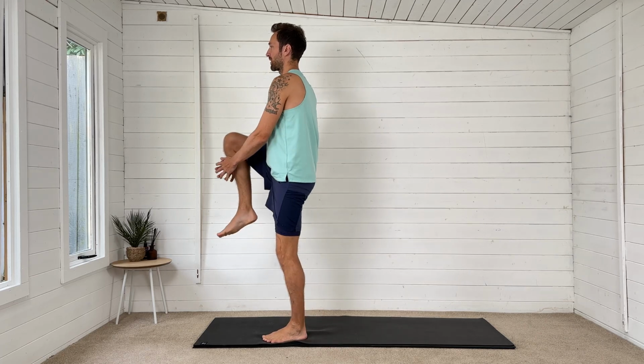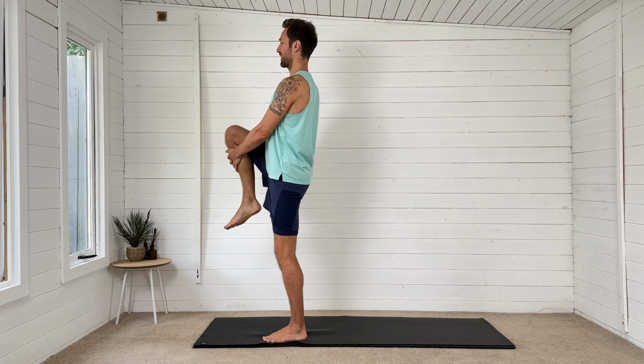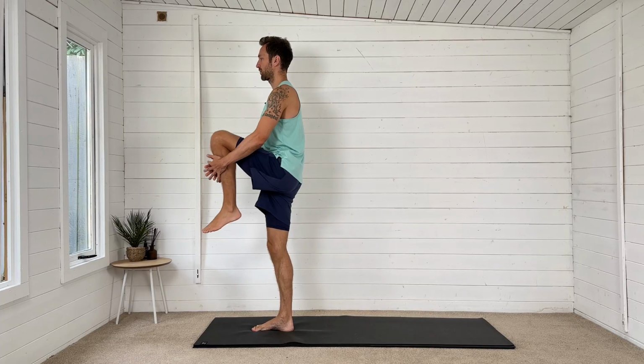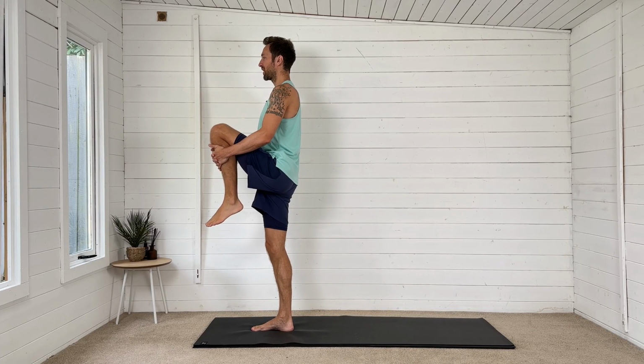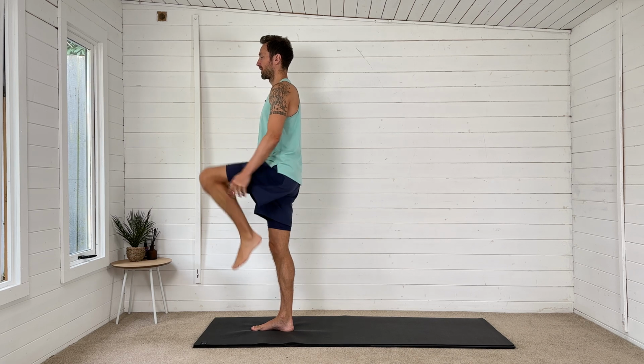As we come up, nice and slow again, keep the back nice and tall. Try not to lean back. Little squeeze and pause and then release. You can get nice and tall. So make sure you make a good connection with that standing big toe as you do this. And just